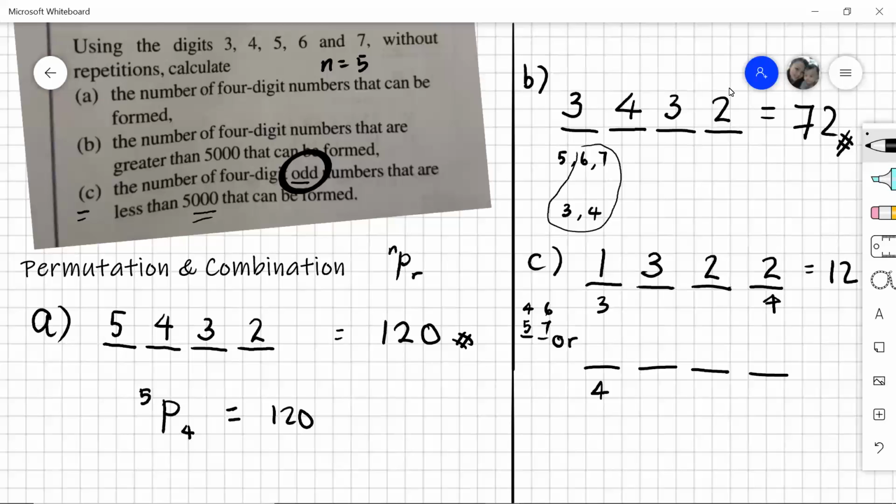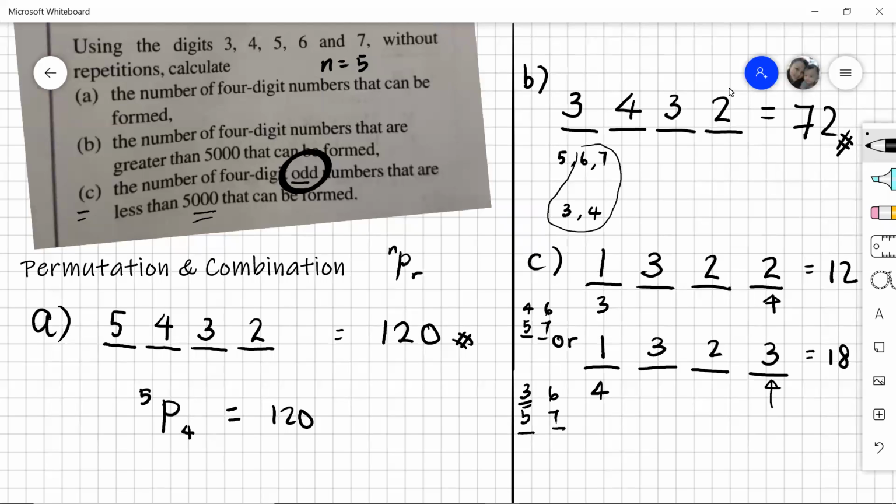And if the first digit starts with 4, that means we have already chosen 4 to be filled in the first empty space. We're left with 3, 5, 6, and 7 to choose from to fill in the last empty space. To make it an odd number, 3, 5, and 7 can be chosen. Out of these three, one must be chosen to fill in the last empty space. So we have three choices at the last empty space. After we have chosen one of the numbers, the rest will be chosen freely to fill in the empty spaces in between. So for this number, which is less than 5,000 and starts with 4, the number of choices will be